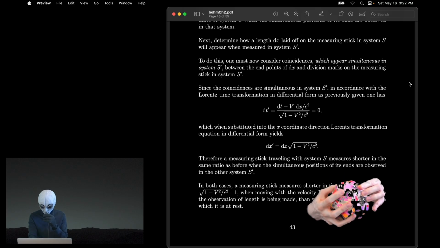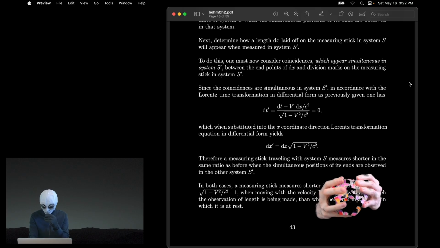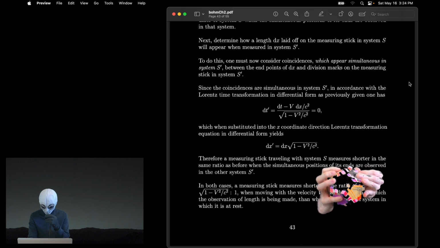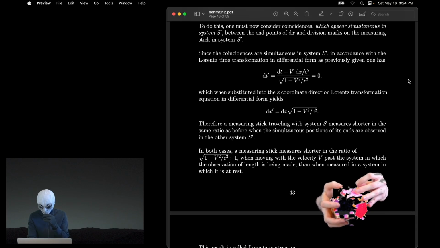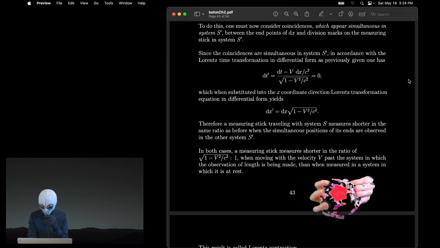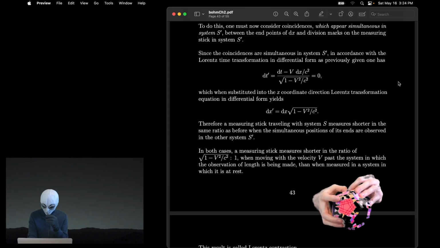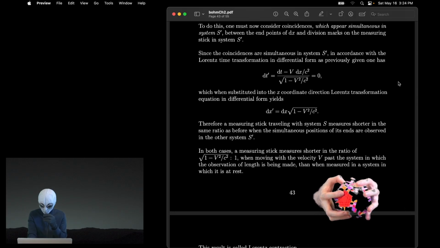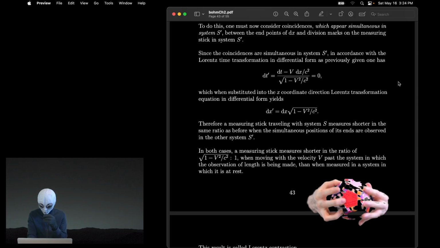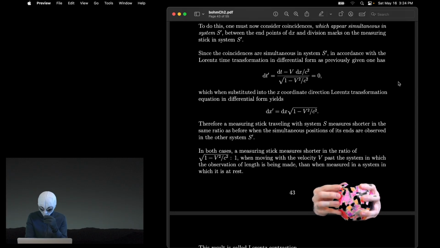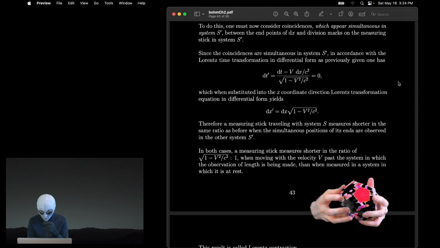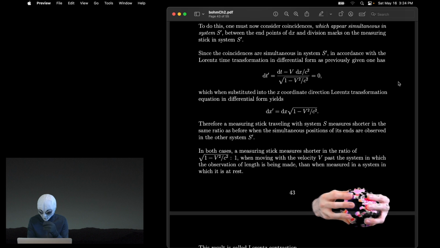To do this, one must now consider coincidences which appear simultaneous in system capital S prime between endpoints of dx and division marks on the measuring stick in system capital S prime. Since the coincidences are simultaneous in system capital S prime, in accordance with the Lorentz time transformation in differential form as previously given, one has that dt prime equals a fraction with the numerator of dt minus capital V times dx over little k c squared all over a denominator of the square root of 1 minus capital V squared over c squared, and this fraction is equal to 0, which when substituted into the x-coordinate direction Lorentz transformation equation